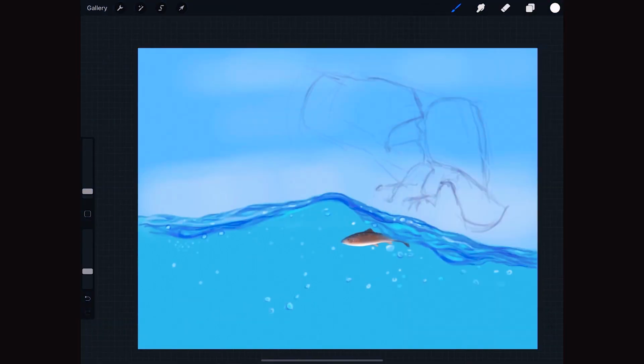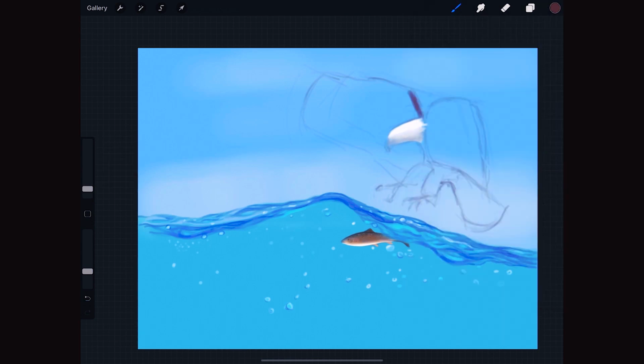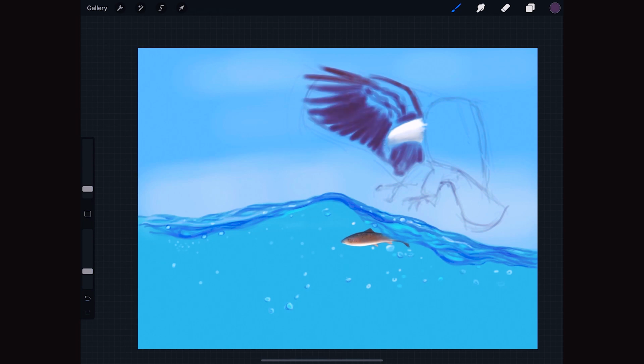The feathers of the head are white. Of course, most of them will be in shade, so we draw them gray. Good, and the wings and the body are brown. I am basing this drawing on a photo I found on Pixabay, a site where you can download photos with rights to copy them.